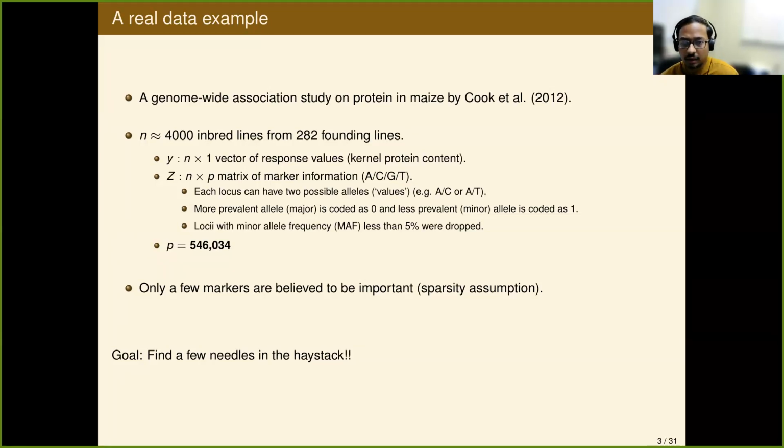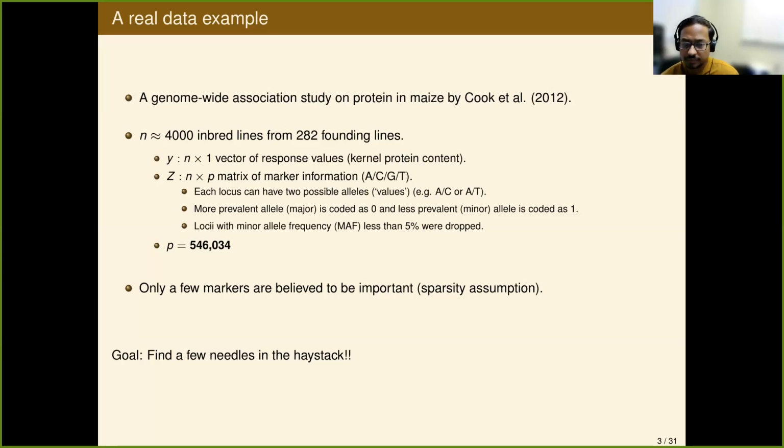And not all the loci are equally prevalent. Generally, loci with minor allele frequency less than 5% are considered not very informative, so they are typically dropped. And that results in more than 500,000